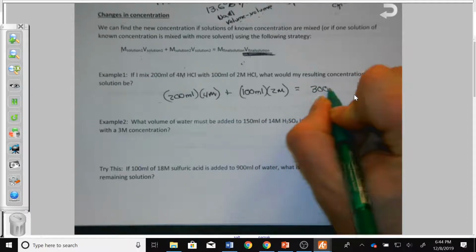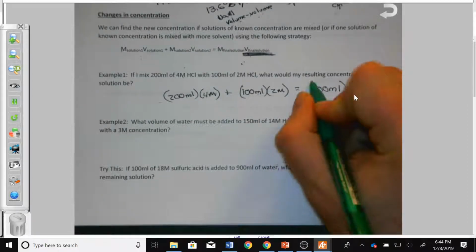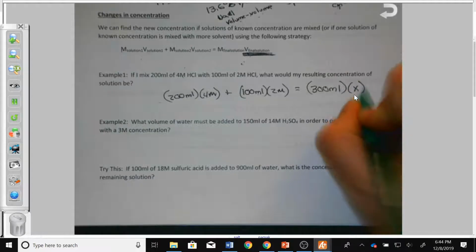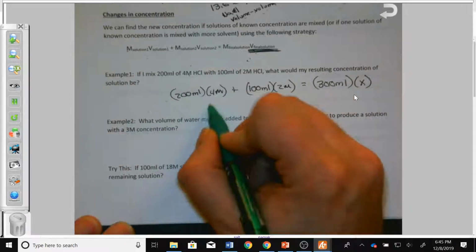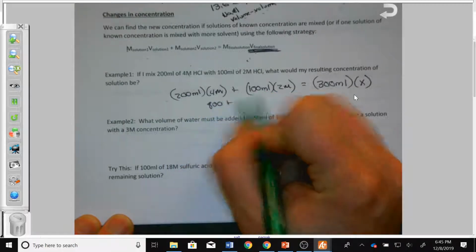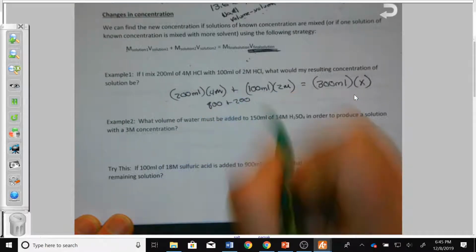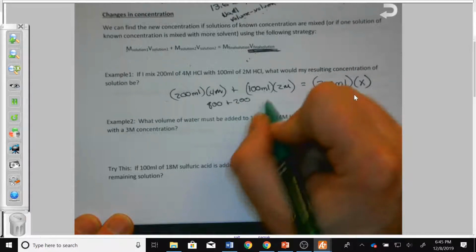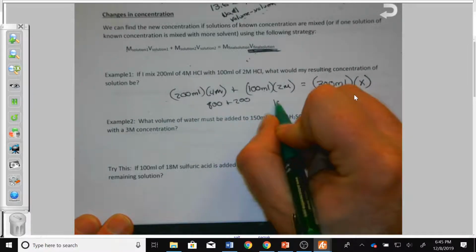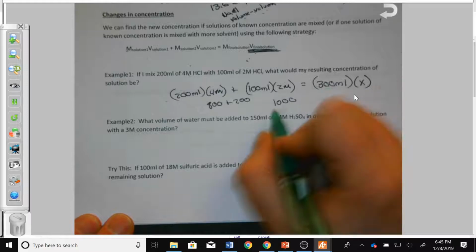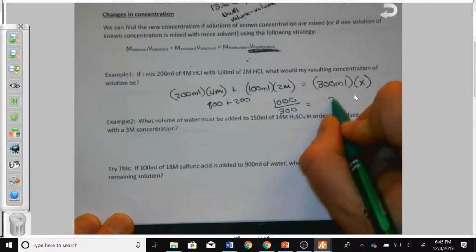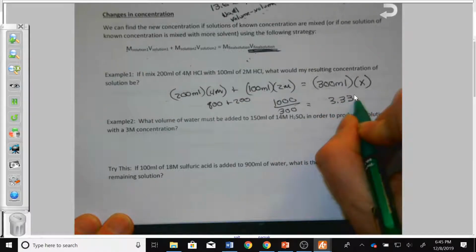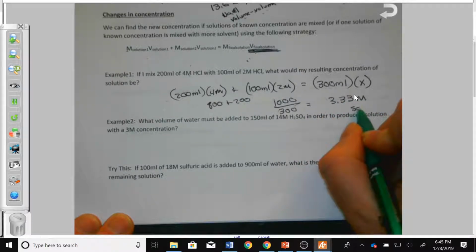Or in other words, we now have 300 milliliters of some solution with an unknown concentration. And so I'm going to say, well, I've got 800 plus I've got 200, and so I've got 1,000 on this side. And I'm going to divide that by the 300, and I would find out that I would have a 3.33 molar solution